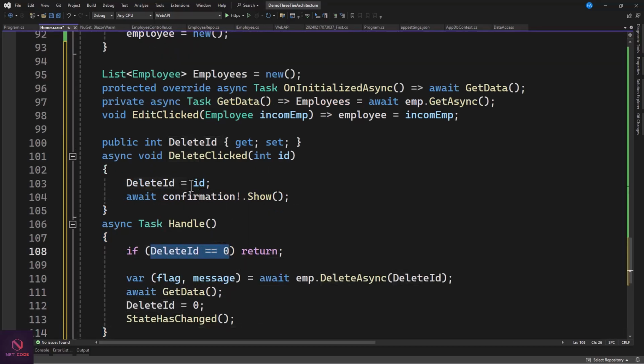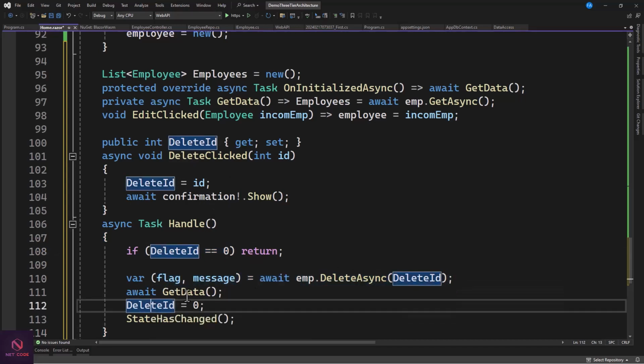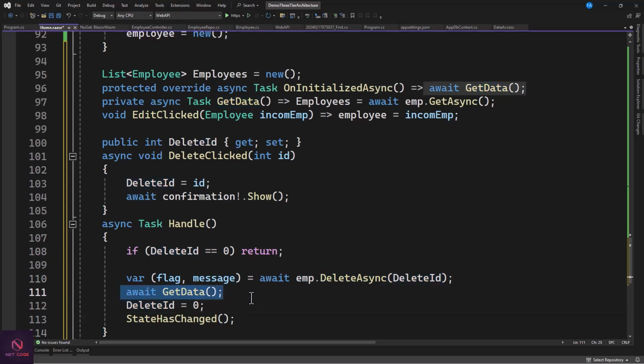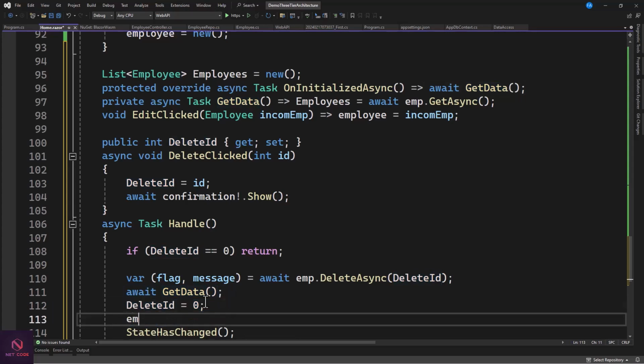It means the current content has an ID. Then we can now call the delete async from the endpoint. Then we can delete it. After that, we're going to set this get data, set the delete ID to 0, and now we can also set this employee equal to new,